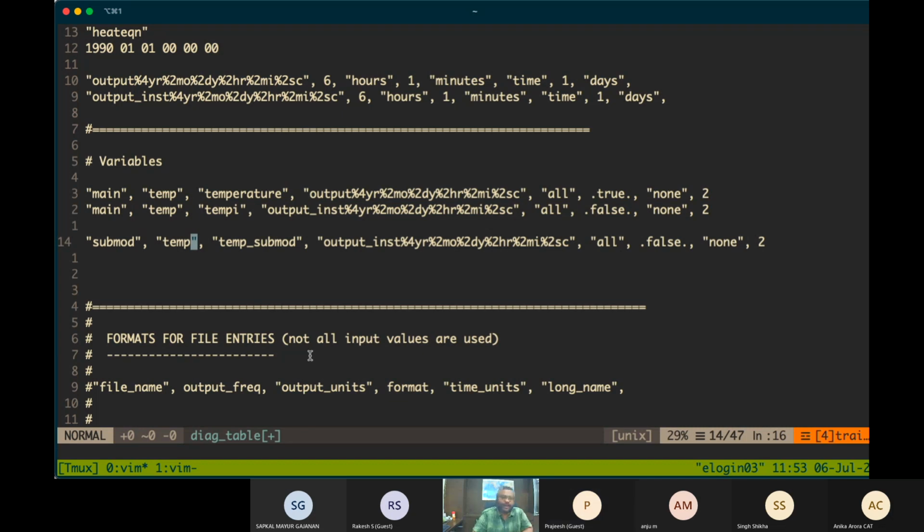So it's something like you want to see the temperature update after one parameterization, after another advection, after diffusion, how the temperature evolved in different modules. So here, if we go to the...